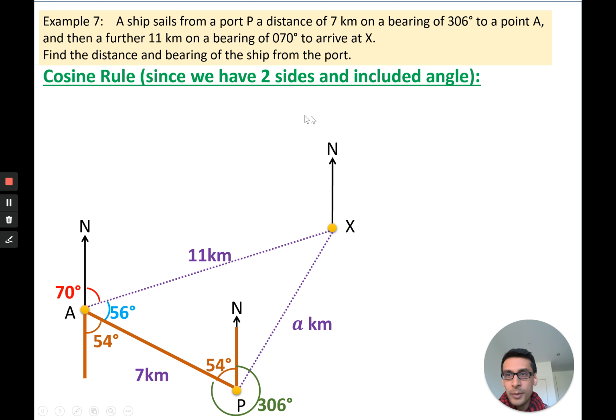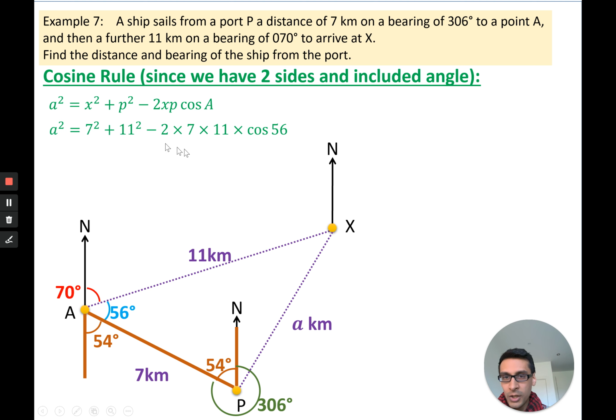Cosine rule, working out the distance from the, so this distance A. So cosine rule all the way out. You can work that out. If you now